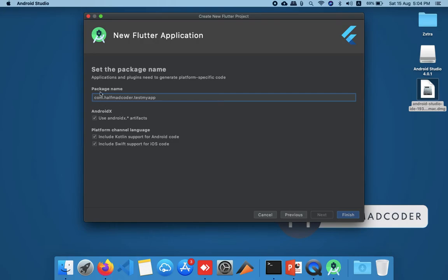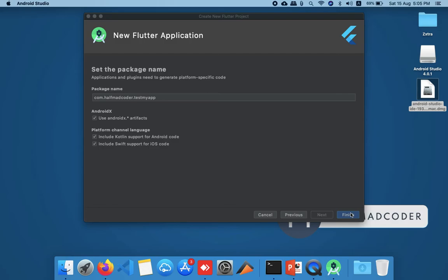So if you have a domain and you put it in reverse domain format and then a dot and then the app name, in that way this will be unique worldwide. But you don't need to have a domain in order to develop an app on your own machine. Okay,